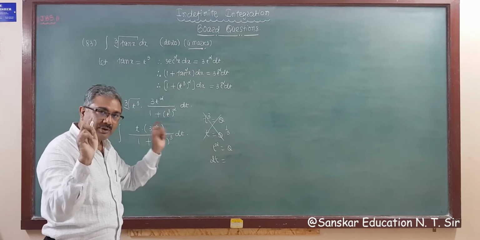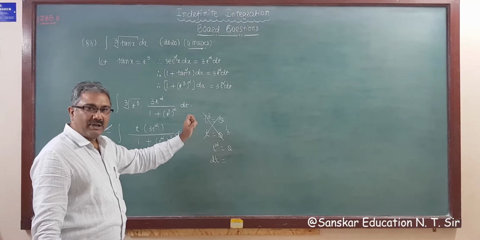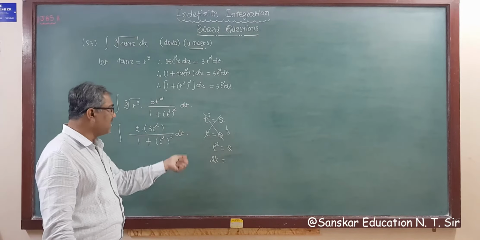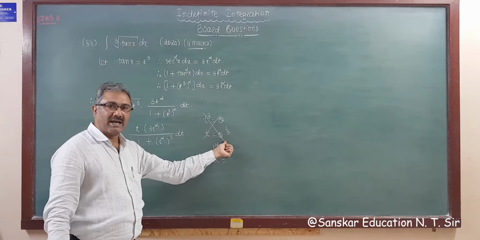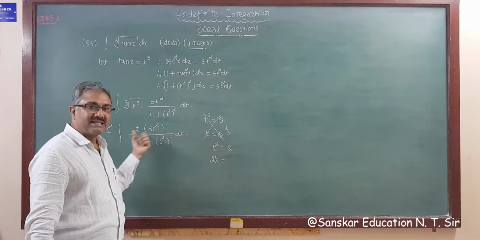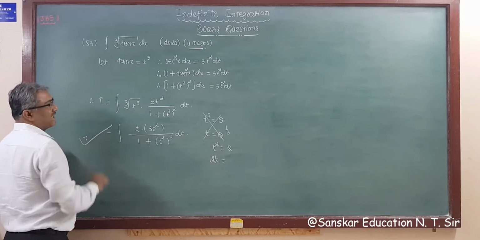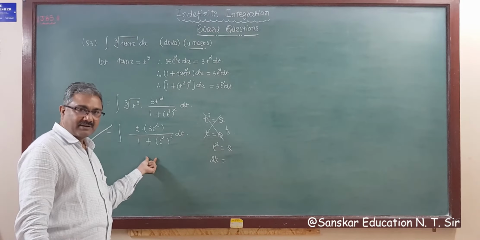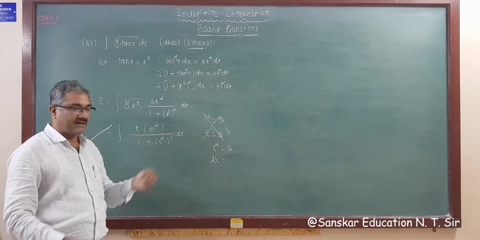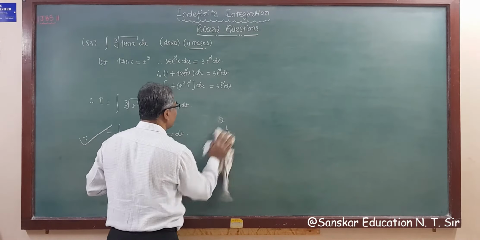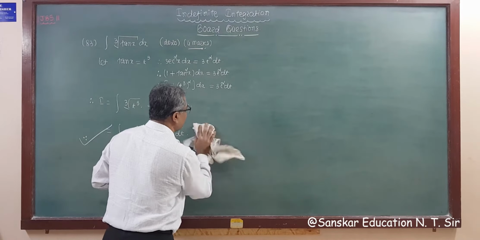Got it? क्यों हमने ये assumption नहीं लिया? क्यों ये assume नहीं किया? क्यों ये लेट नहीं किया? पता चला ना? Right? If we take t cube is equal to theta, then we have problem, and if we take t square is equal to theta, then everything is settled. So this is your divergence step for exam, right? So keep attention here, right? So this is important step. Got it? So क्यों ये नहीं लिया पता चल गया, right? ये कई जगह काम में आएंगे, इसलिए मैं ये निकाल देता हूँ, right?